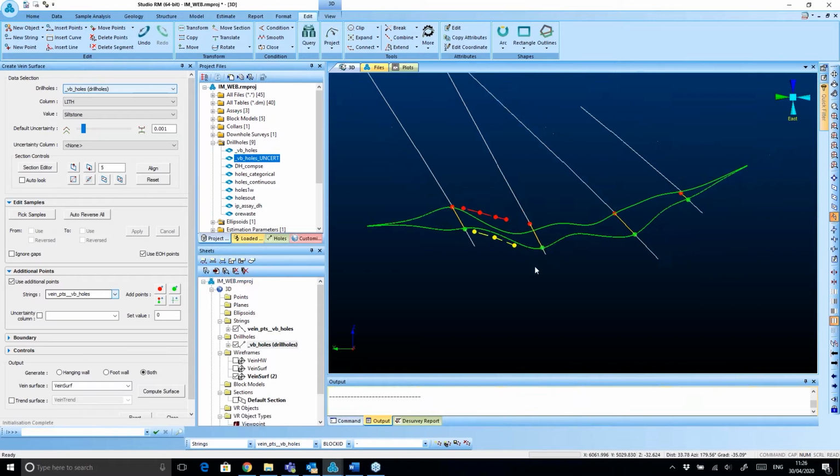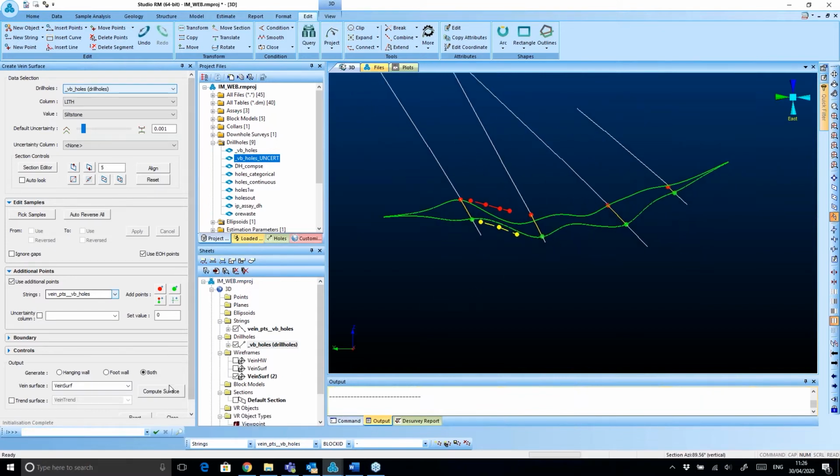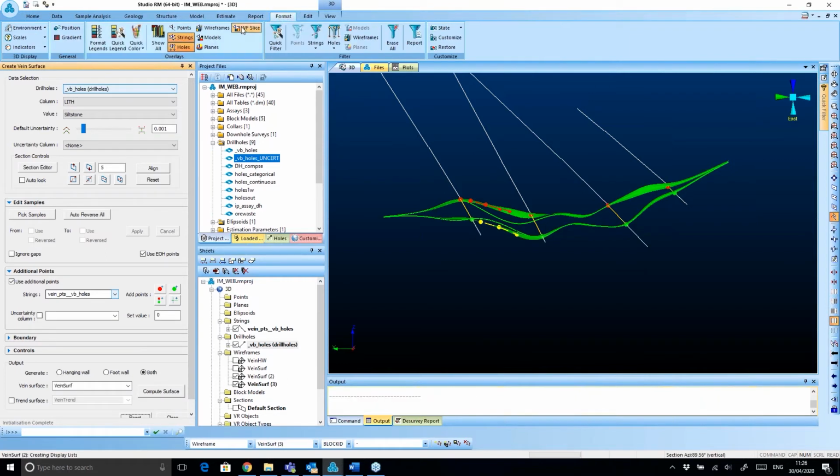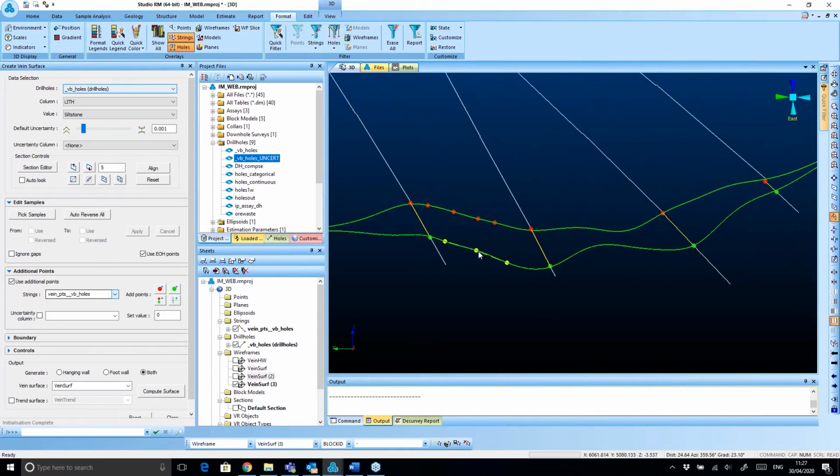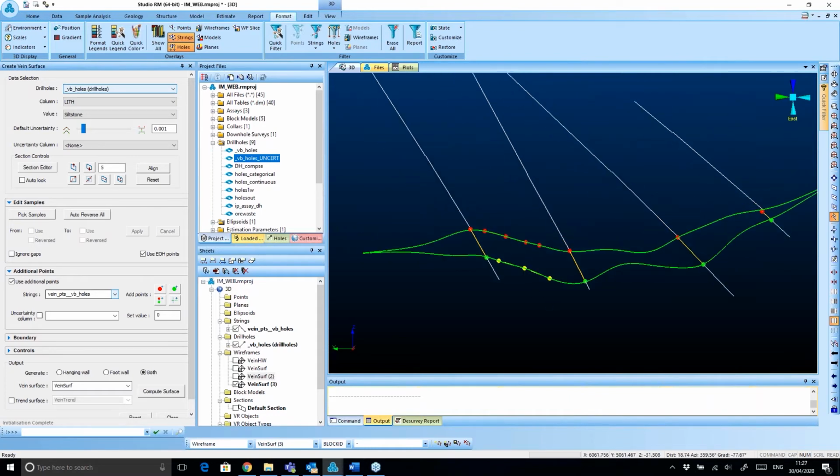Click done. Then if I recreate the wireframes, click compute surface. Yeah, and now the system has recreated the wireframe using the last changes I've done. This is my previous one, this is my new one. As you can see, I changed the shape of my wireframe based on those hanging wall and footwall